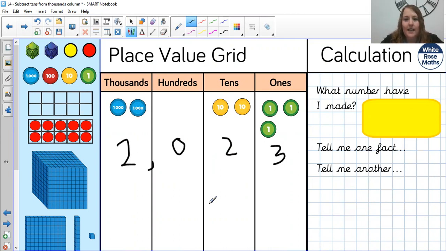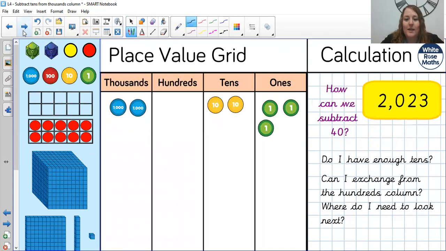2,023. Again, if you can think of a fact about this number, another fact, lots of you tell me it's bigger than, it's smaller than, you tell me the value of each digit, you tell me whether each digit is even or odd, things like that. Okay, with this number 2,023, our first task today,